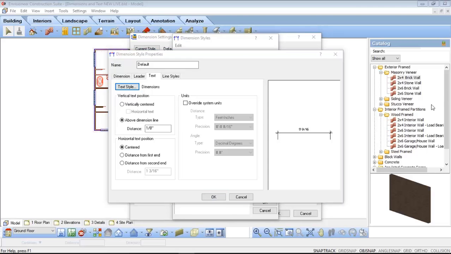You can choose what the vertical text position is. Have some choices in there. You also can set the horizontal text position if it's centered or if it's set at a specific distance from one end or the other. If it was a number of very small dimensions together, this would come in handy to position the text so